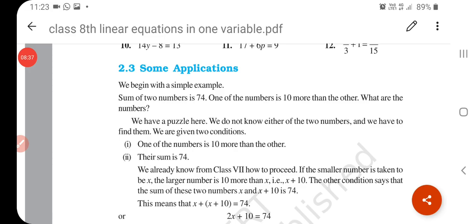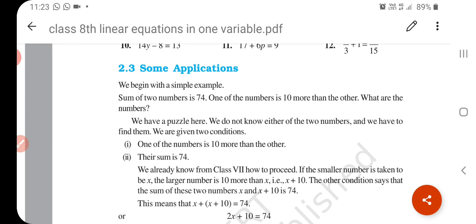So what is the main point we learn? If the equation is of the first order, then it is called a linear equation. If it has only one variable, it is called a linear equation of one variable. Understand? Okay. And what we learn about solving an equation, we have learned two methods, that is balancing method and